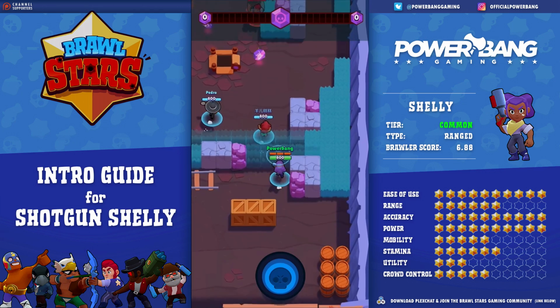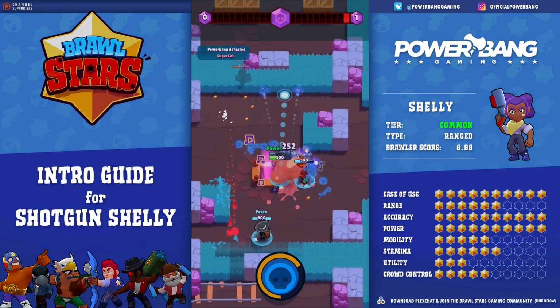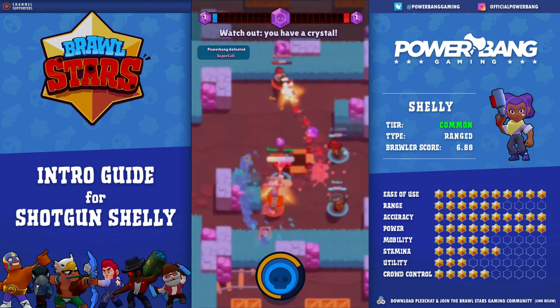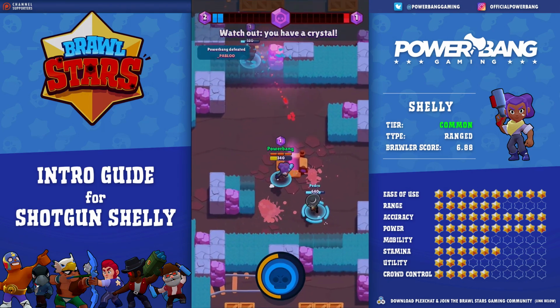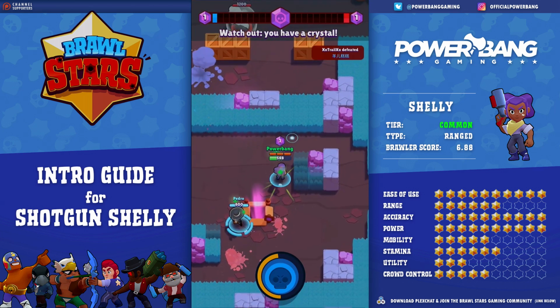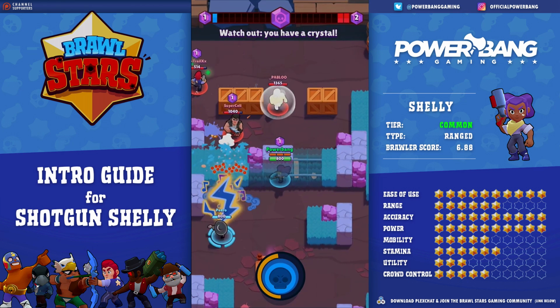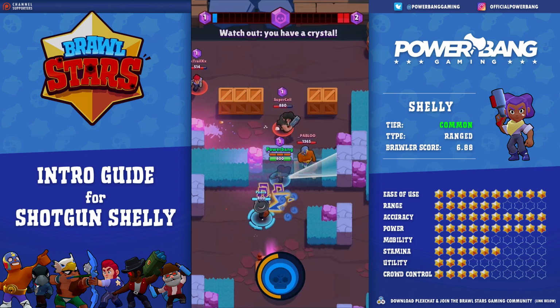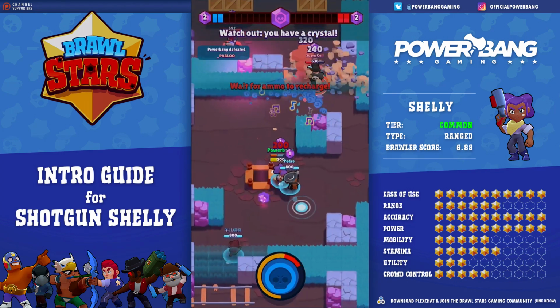Let's talk about Shelly's strengths and weaknesses, first focusing on the strengths. She has a very high damage output. Her attacks form a wide cone with a decent range for a shotgun right in front of her. This makes her a very accurate brawler. Accuracy just means that she's able to land the majority of the shots she takes. She's very consistent in doing so. She's able to stop an enemy approach before it starts sometimes because her area of cover is so large with